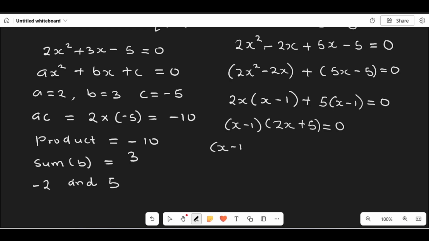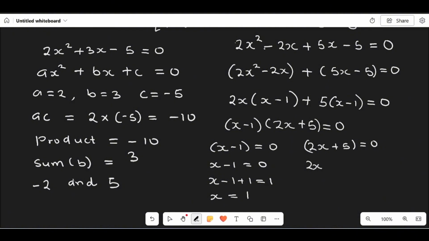x minus 1 equal to 0 and 2x plus 5 equal to 0. x minus 1 equal to 0. Add 1 to both sides. So our equation will become x minus 1 plus 1 equal to 1. x equal to 1. So x equal to 1. Here too,